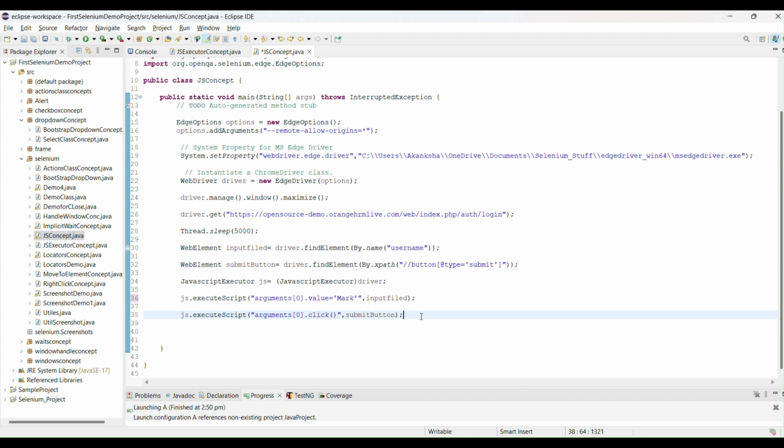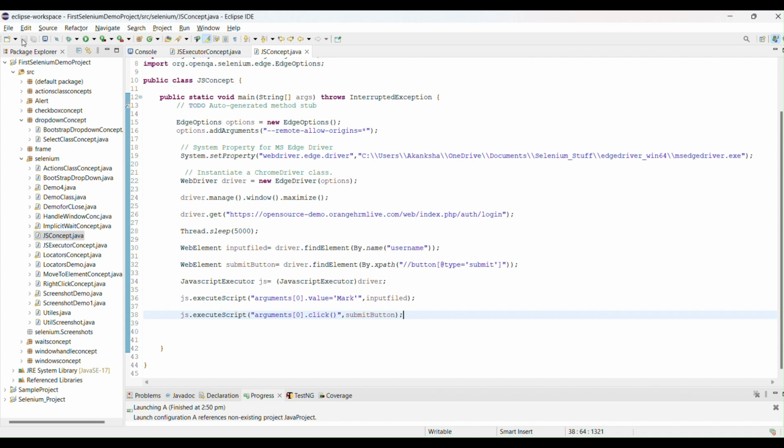So guys, we don't use JavaScript executor every time, because this is the way we are sending values forcefully, like we are performing actions forcefully. So this is not the correct way to test any website. So always use the common way, like send keys or click operation.